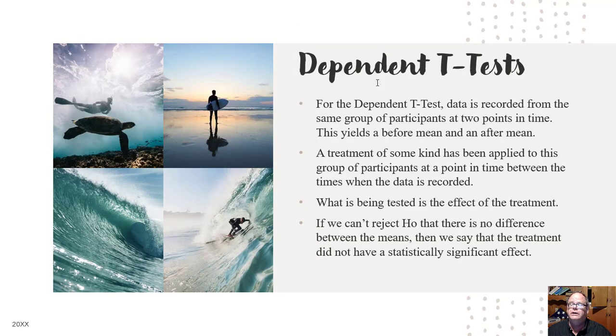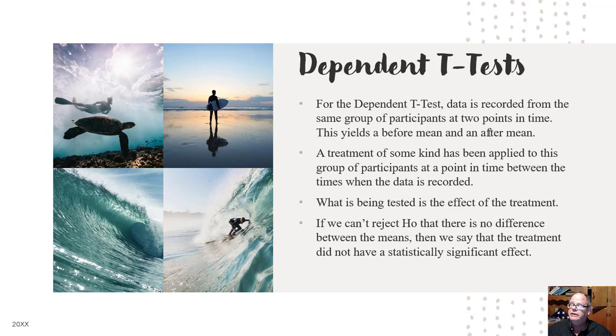This week, we're going to do a type of t-test called a dependent t-test. For the dependent t-test, data is recorded from the same group of participants at 2 points in time. So this is going to yield a before mean and an after mean, right? Now, a treatment of some kind has been applied to this group of participants at a point in time between the times when the data is recorded, right? So the before data is recorded, a before mean is calculated, a treatment of some kind is applied to the participants,